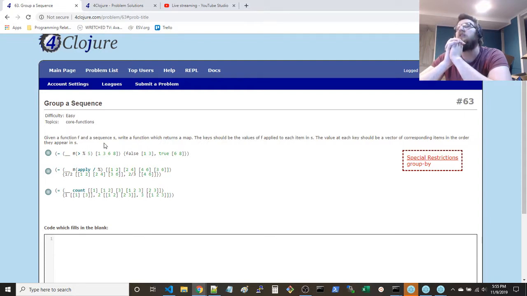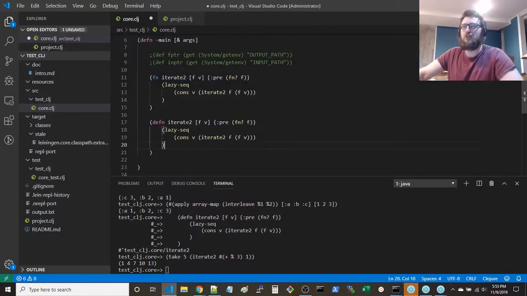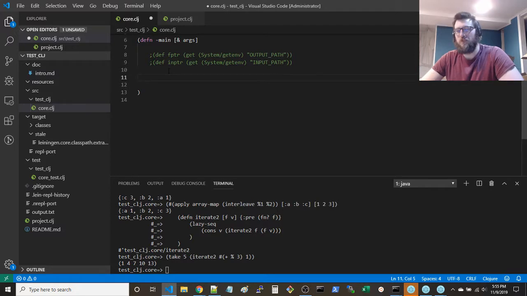All right, so how can we do this? Yeah, this is like a frequency map, but just a little bit different. So what we're going to do, I could one-liner this, I think. We're going to use a reduce, and it'll be a hash map. Okay, so a simple reduce should do it. So here, we'll just try a test case. I think I know what to do here.